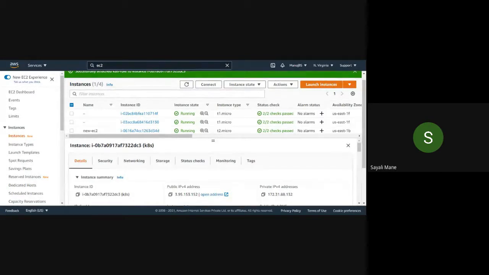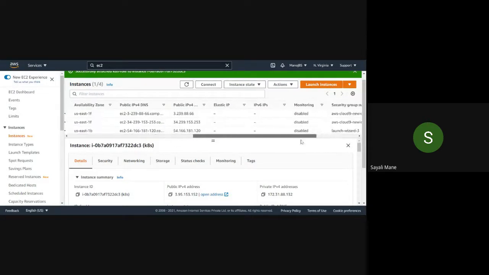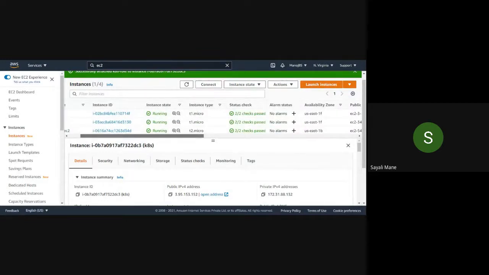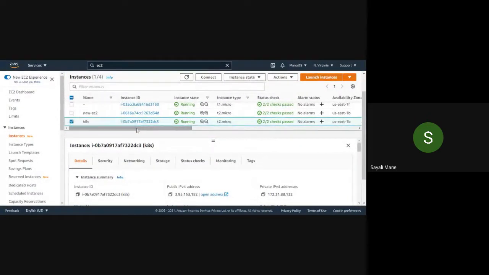Okay, so I've already created two EC2 accounts. Here, if you see, I've already created the two EC2 accounts. So again I have to create a new one.